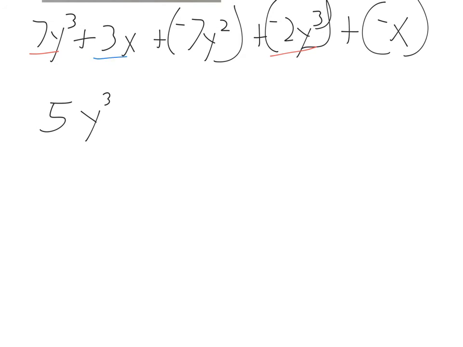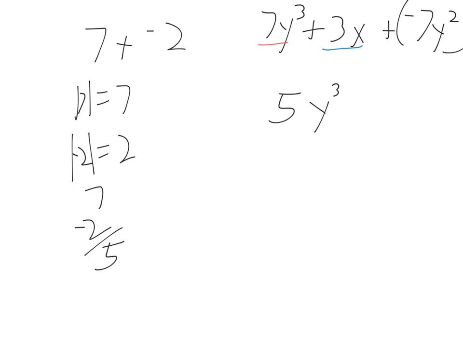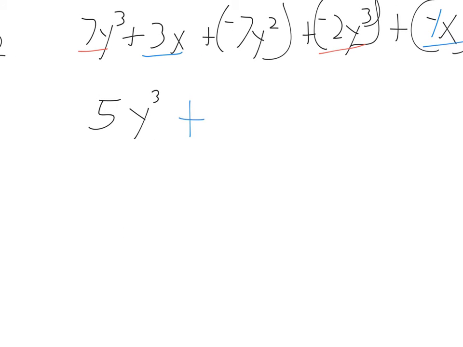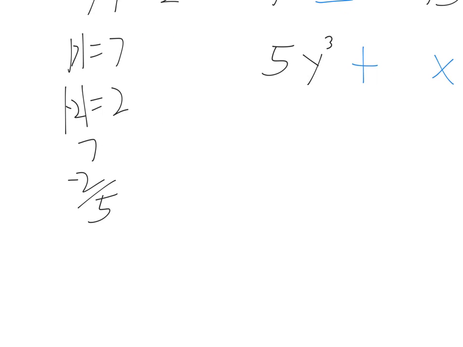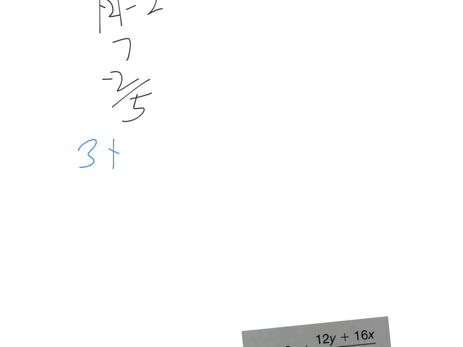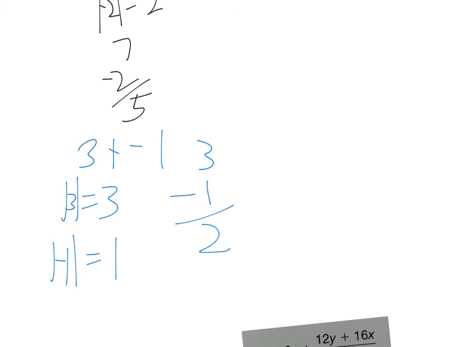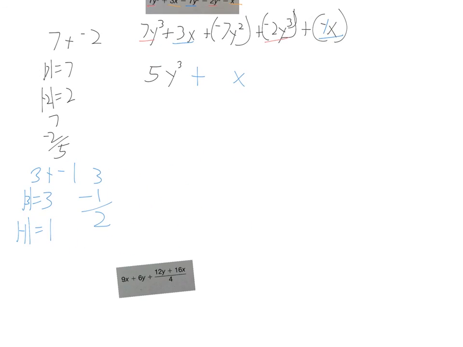The next thing I'm going to combine are going to be my x's. I have 3x and negative x. And that's really a negative 1x when I think about it. So 3 plus negative 1. I'm going to come back over here and add those integers, knowing that it's going to be plus some x. We haven't figured that out yet. So I come over here, 3 plus negative 1. Well, the absolute value of 3 equals 3. The absolute value of negative 1 equals 1. I'm going to find the difference between the two of these since they are adding two integers with opposite signs. 3 minus 1 equals 2. 3 has the greater absolute value. 3 was originally positive, so I'm going to keep it a positive 2. This is going to be plus